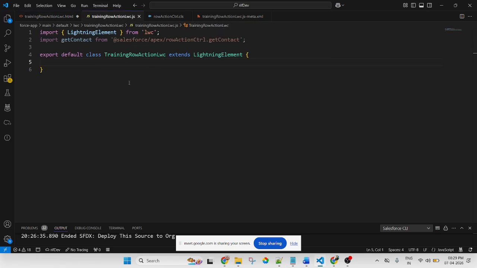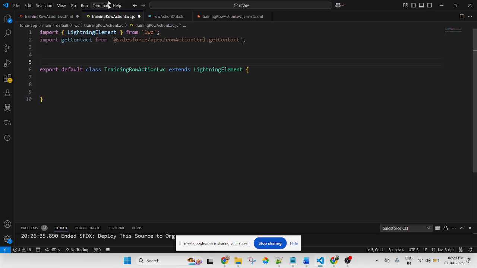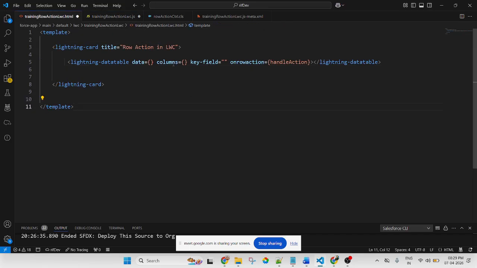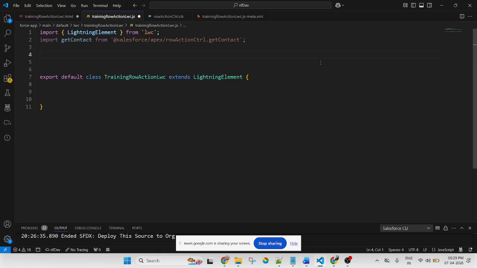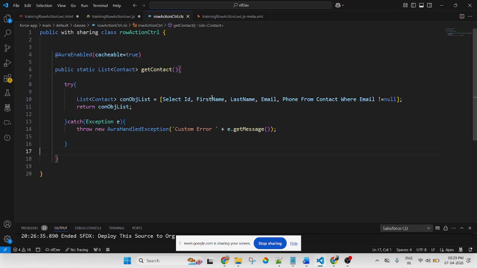So first we need to go to the JavaScript file. First we create columns, meaning how many columns you want to display. In the Apex class method, I want to display first name, last name, email, phone.